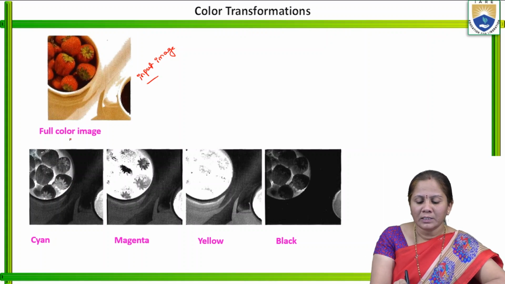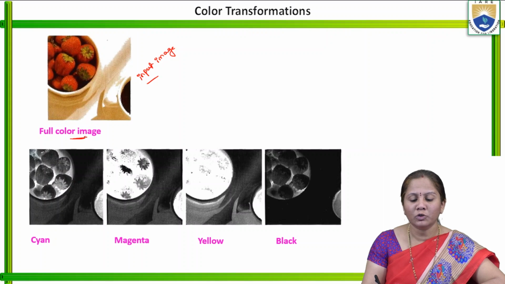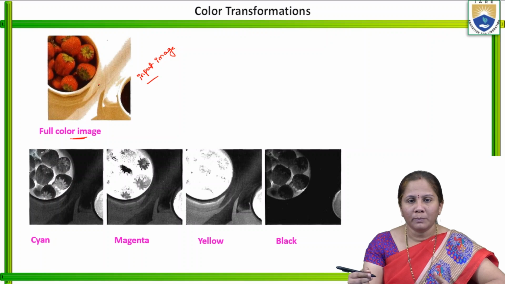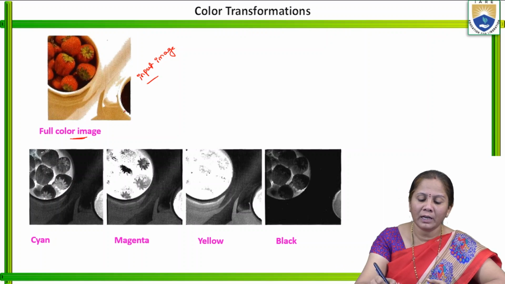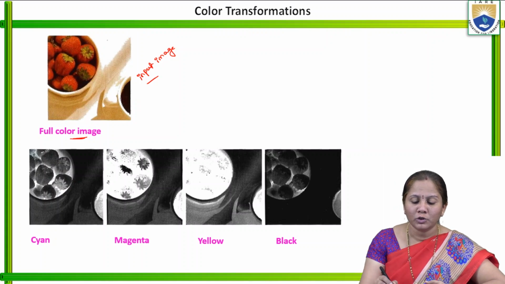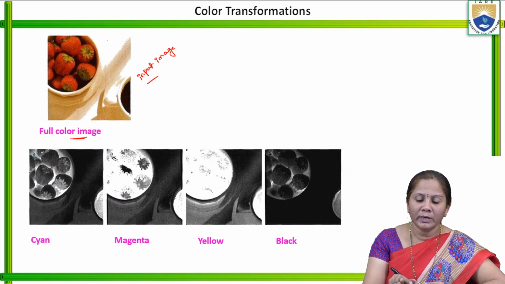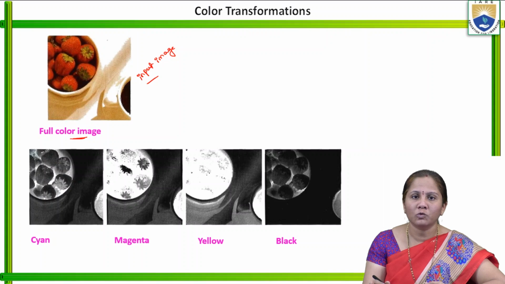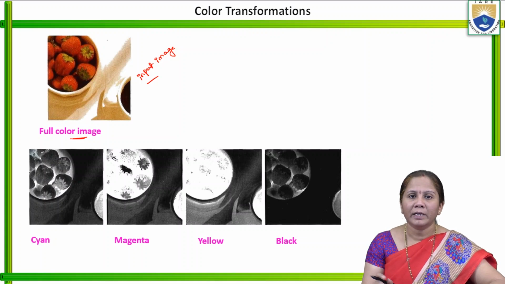Now if you see this full color image, it consists of colors in the image, which is having strawberries in the bowl, and also we can observe here the coffee which is available in that cup. So this is the information that we can see in the input image. When it is processed by applying any transformation and if it is converted into this CMYK color model, what are the changes we can observe here? It has been changed into only dark colors like black and white.